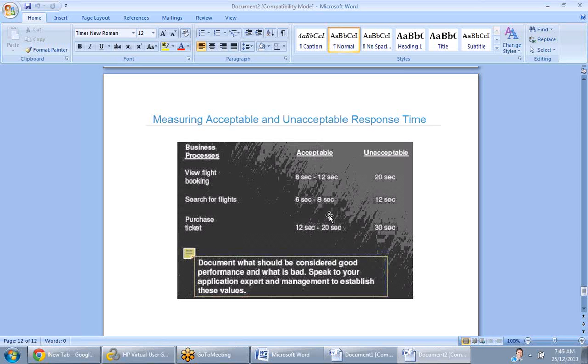The client will say in conceptual terms if he is not from a performance testing background, but still you have to convert those conceptual goals into measurable metrics. Once you convert that into measurable metrics, it is a duration. It is not the exact time. So what you have to see is 8 seconds to 12 seconds, and unacceptable is if it is taking beyond 20 seconds, then it is very much unacceptable. So keeping these metrics in mind, you will start your performance testing project. Any doubts? No, ma'am.